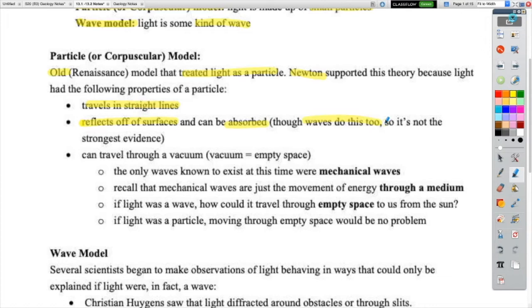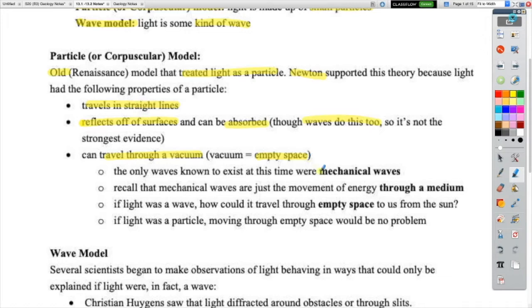This is the big reason that the particle model actually does seem pretty strong, right? Particles can travel through a vacuum. Again, a vacuum is just empty space. Okay. The only waves that we knew about at the time, and maybe even the only waves you can think of,